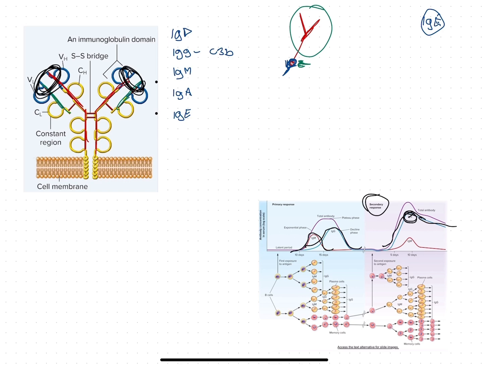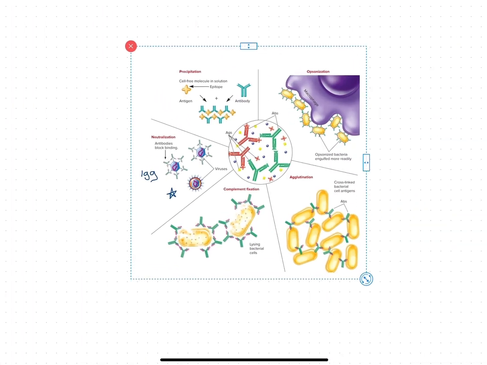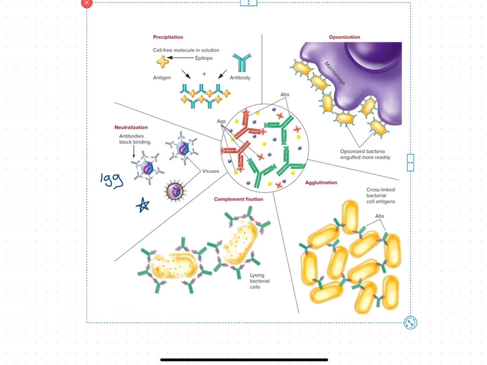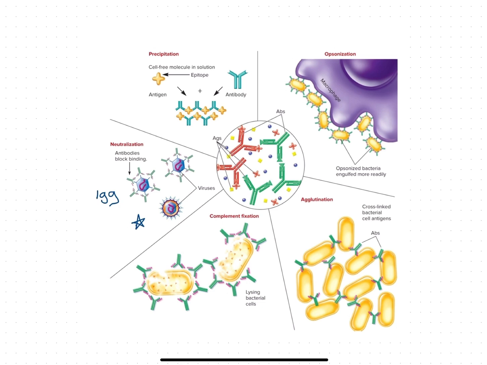So on the topic of antibodies, they work in very specific ways. They can do this thing called precipitation, which is when they bind a bunch of antigens and it makes them settle out of the solution so that they can't hurt anyone anymore. They can do agglutination, which is when they stick to bacteria and make them all stick together